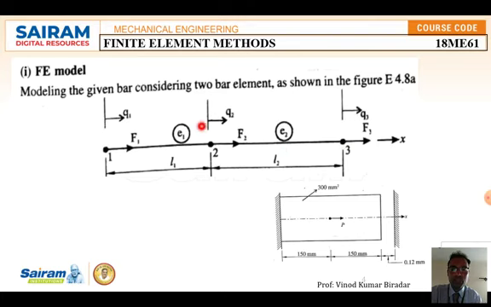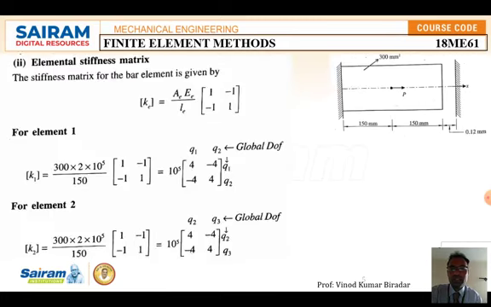So L1 and L2, this is element number 1 and this is element number 2. So the first step is the finite element model. Coming to the second step, you have to calculate the element stiffness matrix for each element. The stiffness matrix for the bar element is given by a standard formula, which we already derived